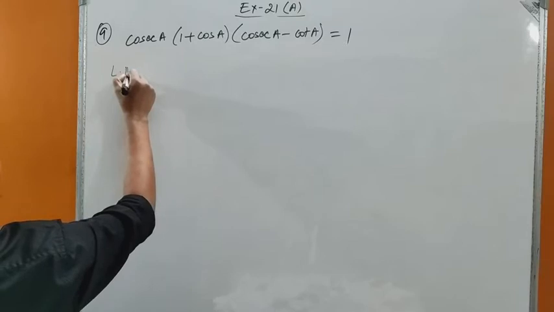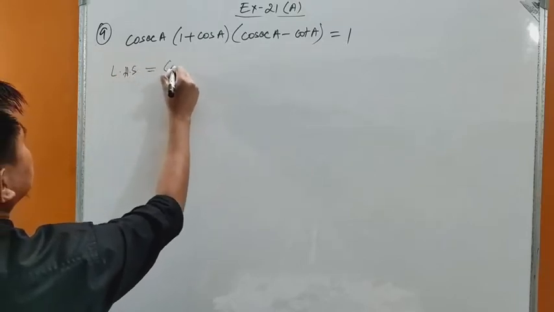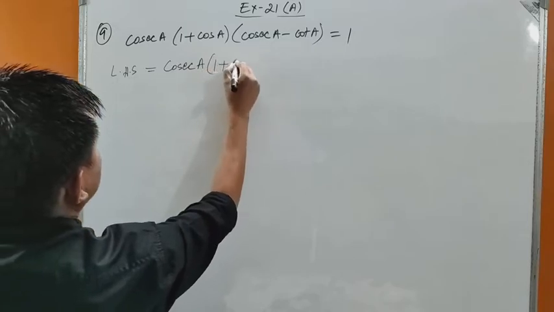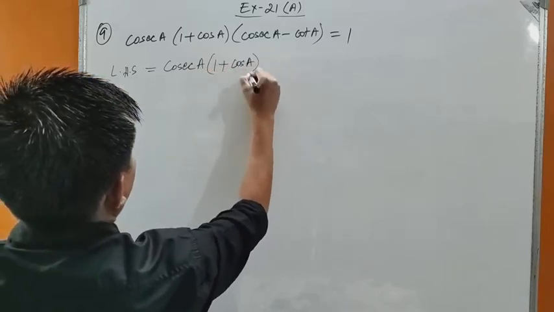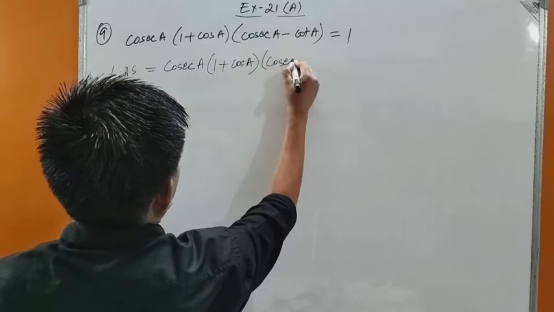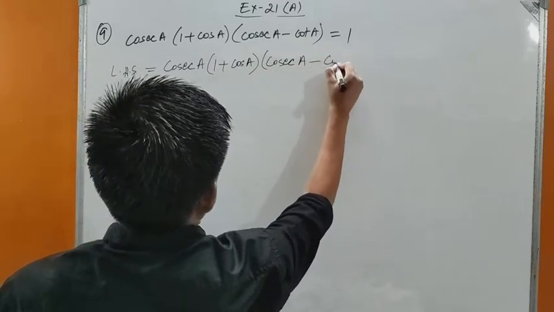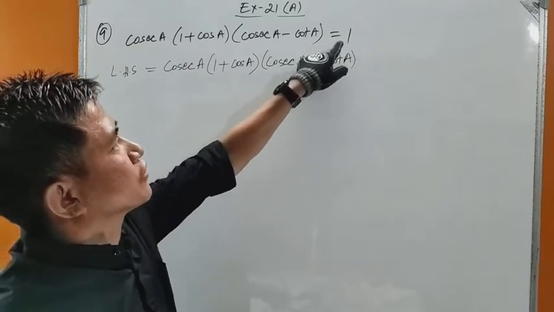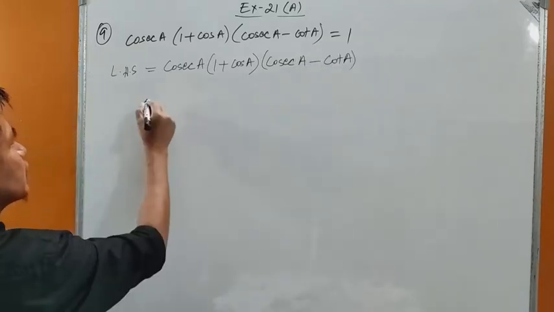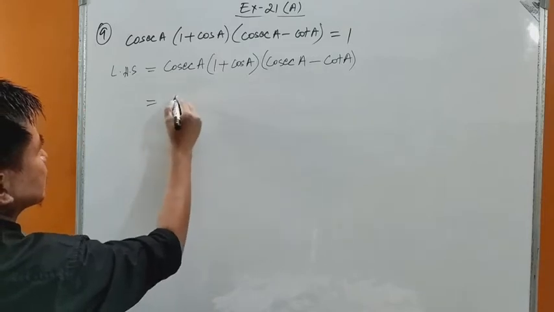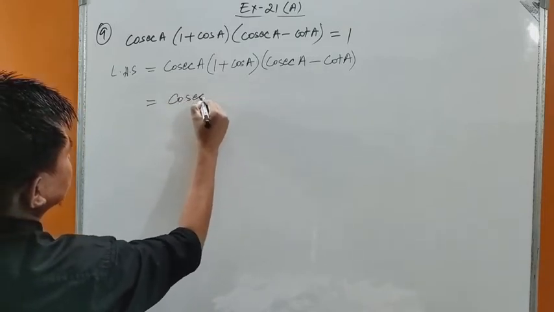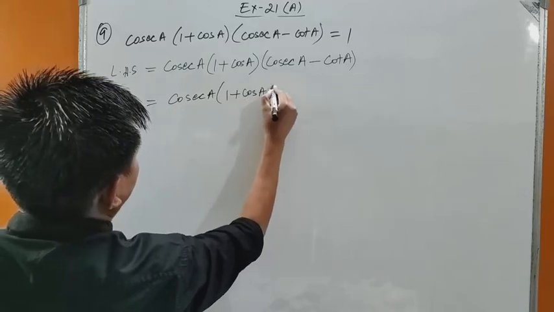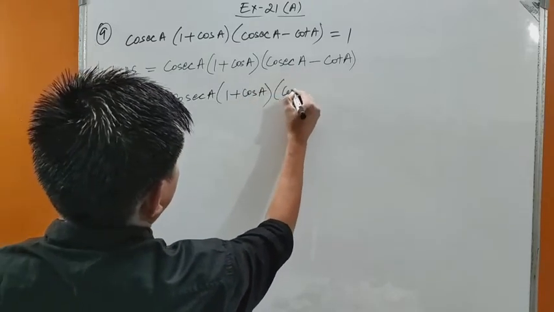So in the left hand side we have cosec A, whole 1 plus cos A, cosec A minus cot A, isn't it? So using this, we are asked to prove this equals 1. Now let's copy everything as it is. This is cosec A, 1 plus cos A, and this is cosec A